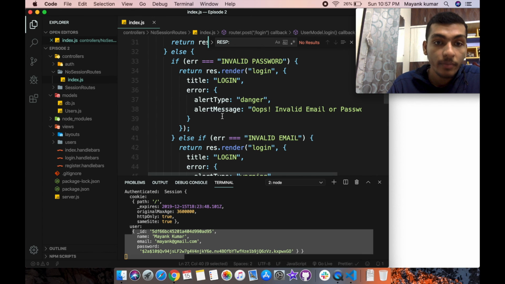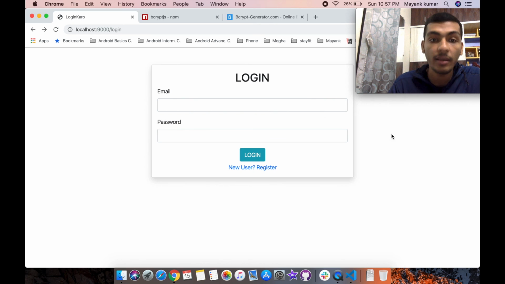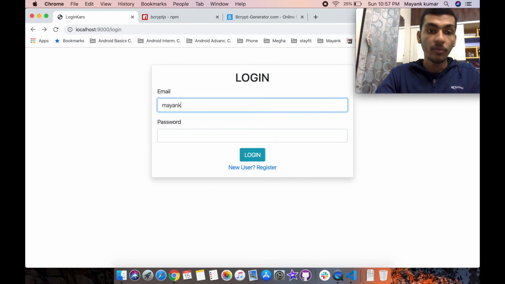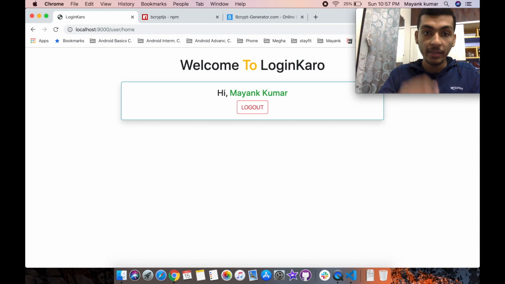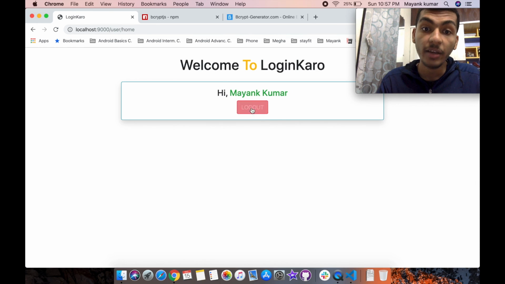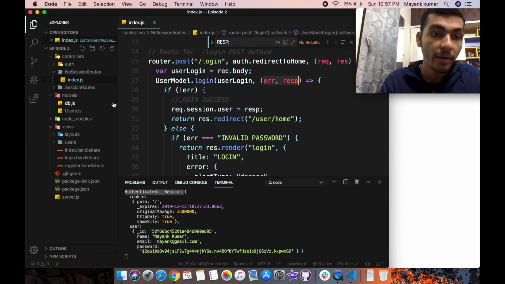Once the login is a success, we are just setting the session in request.session.user and redirecting to /user/home. That helps us move to the home page after login. Now, once I click on the logout, it is getting redirected to this